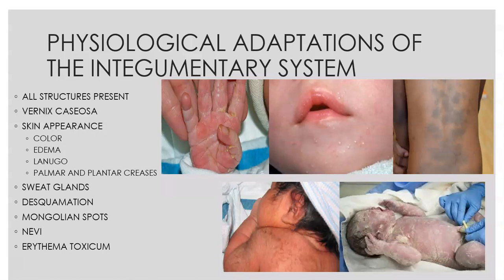The bottom left picture is just showing you that lanugo. So this baby, in this case, is most likely premature because that's a lot of lanugo. So especially on their back and their arms, you'll see heavier amounts of that lanugo when they're preterm, and it goes away. And that's what causes them to have the meconium stools, the darker greenish black stools, where they have been swallowing the amniotic fluid that has the lanugo in it that they have shed, and then they break that down. So sometimes in premature babies, they won't have that really dark stool because they don't have as much lanugo that they have broken down.